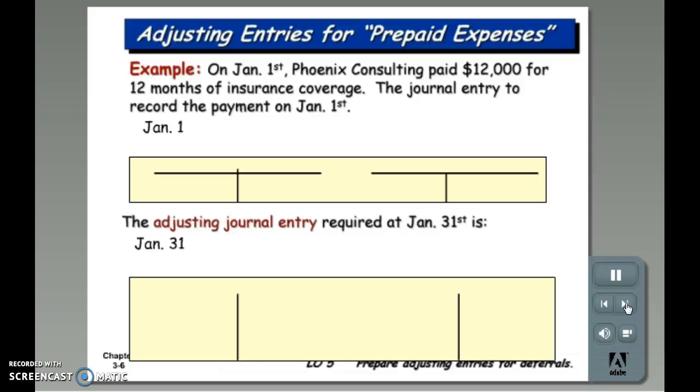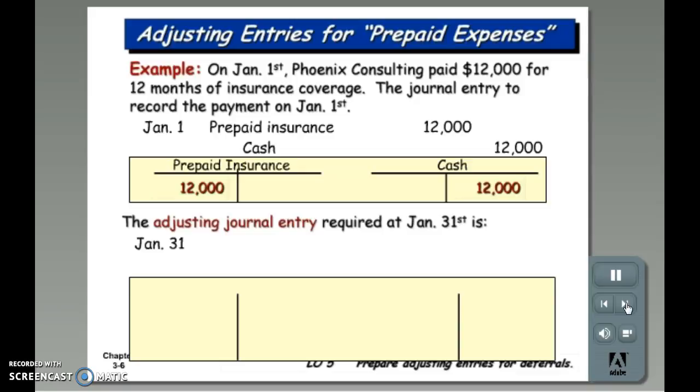The journal entry, as we learned in Chapter 2, is to debit, therefore increase, one asset account, prepaid insurance, and credit, thereby decreasing, another asset account, cash. The journal entry is posted to the T accounts contained in the general ledger. The January 1 debit balance in prepaid insurance reflects that as of January 1, there are 12 months of insurance